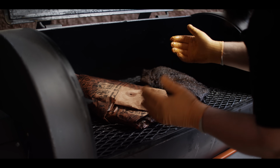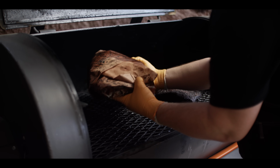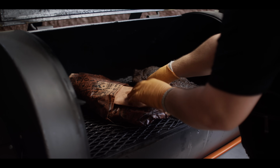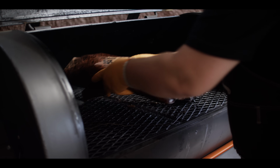Well guys, we're at the 11-hour mark now, and I'm feeling this paper wrapped brisket, and man, it feels good. It feels like it's done, not much resistance when it's probed. So we're gonna pull this off right at the 11-hour mark,